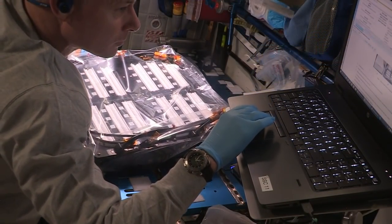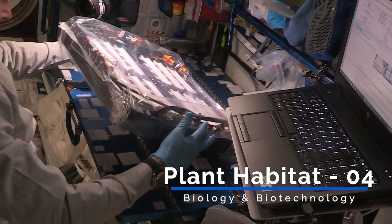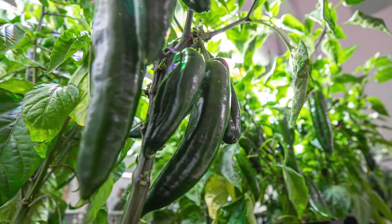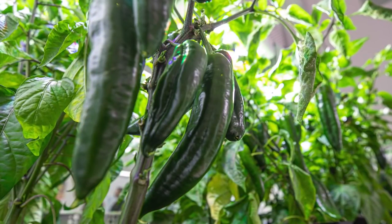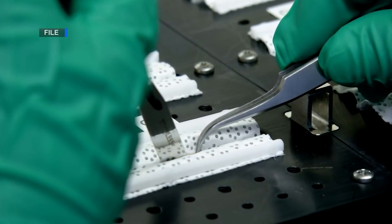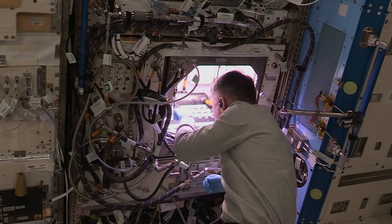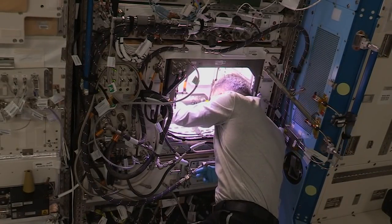On Monday, NASA astronaut Shane Kimbrough began work on the Plant Habitat 4 experiment, which involves growing peppers in space for the first time ever. Peppers are more difficult to cultivate than many previous space crops because they take longer to germinate, grow, and develop fruit. This investigation is part of ongoing efforts to establish ways to grow food crops on long-duration space missions. Plant Habitat 4 could help advance the technology on Earth for growing plants in controlled indoor environments and use significantly